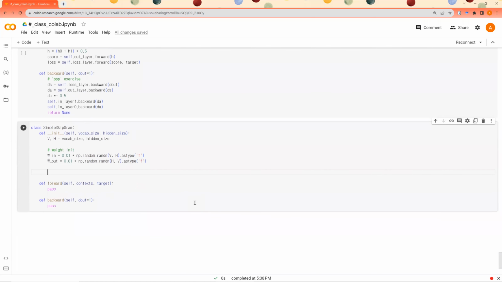And after initializing the weights, we need to create layers. MatMul, W in. However, in this case, we're receiving target, and target is just one. However, in the case of CBOW, it receives multiple contexts. So in the case of CBOW, we created multiple in layers, but in the case of skip-gram, we don't have to create multiple in layers, but just one. And out layer,